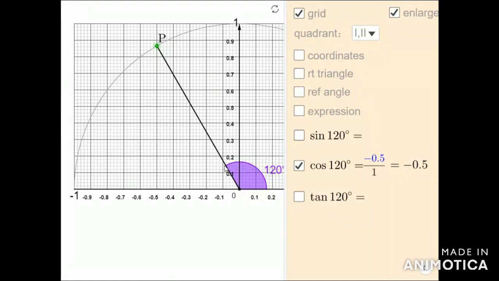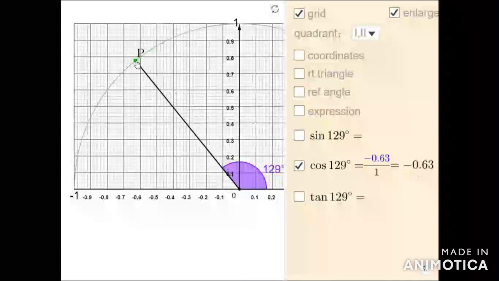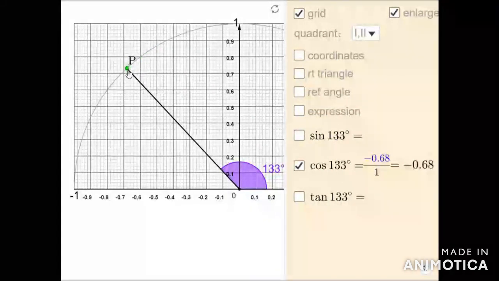Cos of 120 degree is equal to minus 0.5, and you can still increase the angle, and the value of cos x reduces,